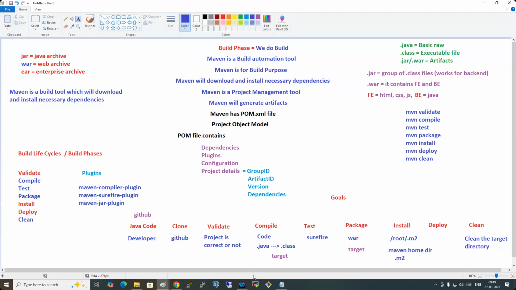GitHub's main purpose, Aniket, is to store the code, not the artifacts. I've been maintaining so many projects, and we never stored artifacts in GitHub, right? So where can you store the artifacts? S3. I've been asking my entire team, as I'm a consultant and I work on multiple things,